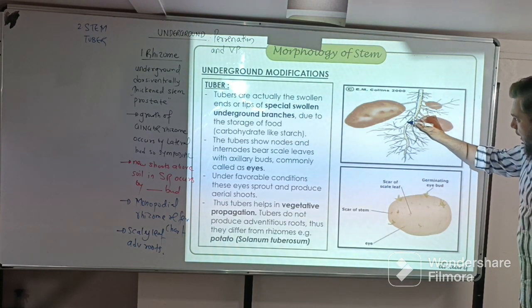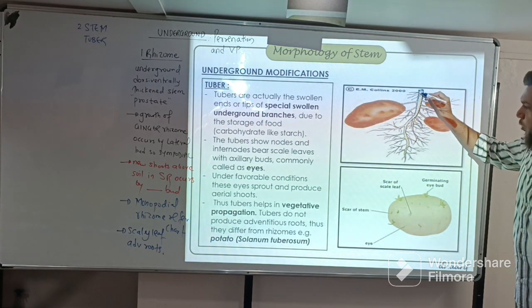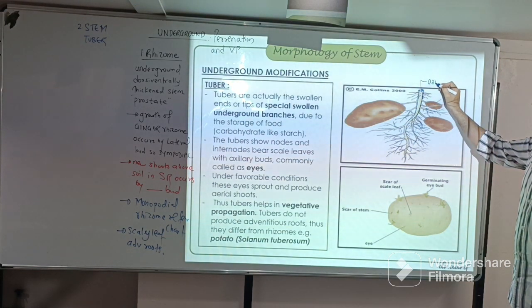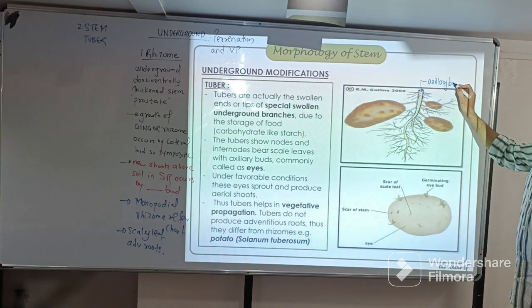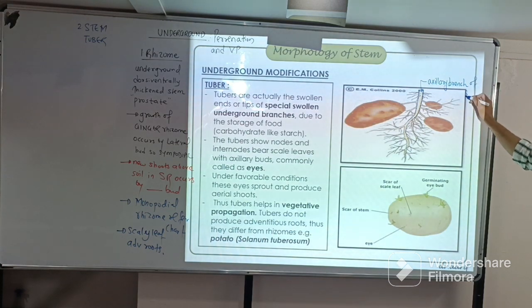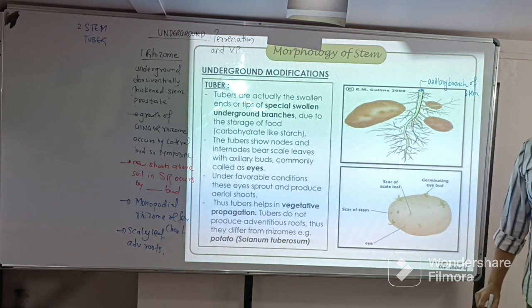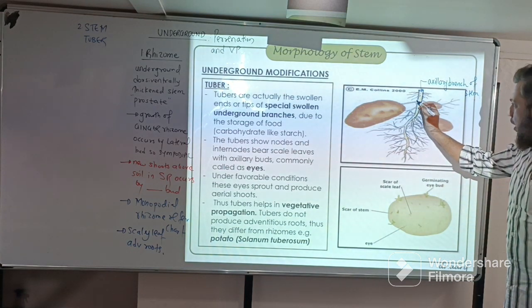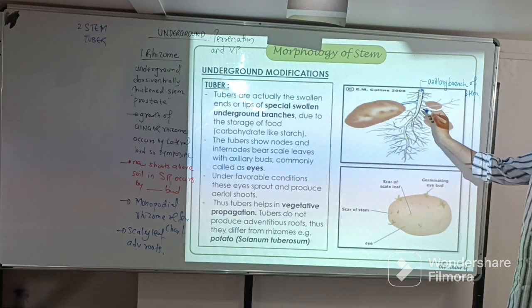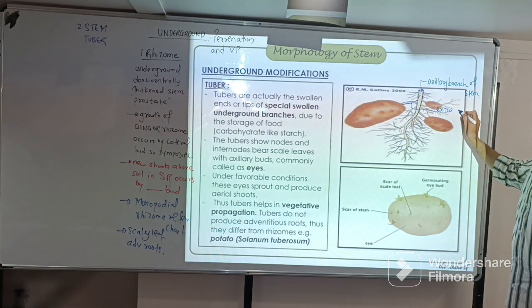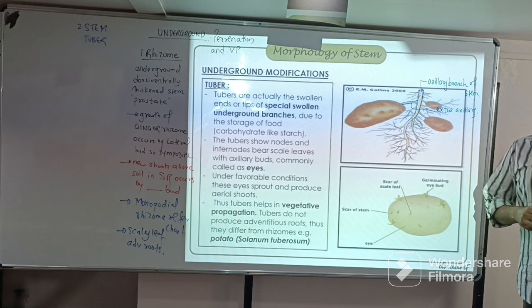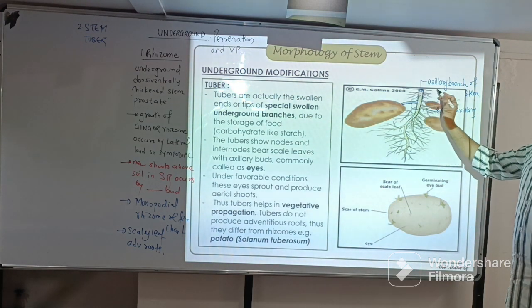So do you see this branch of the stem, guys? The one I have highlighted in blue. It's a question from an old PMT. This is called an axillary branch of the stem. And from the axillary branch arises one more branch, which is called an extra axillary branch. You're getting my point? Yes. And above the soil,